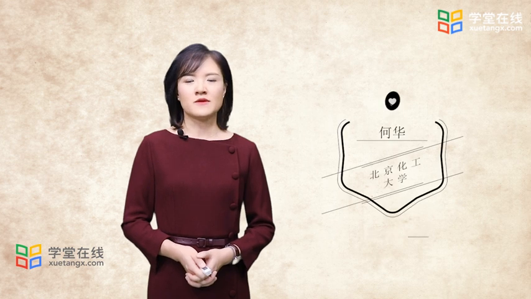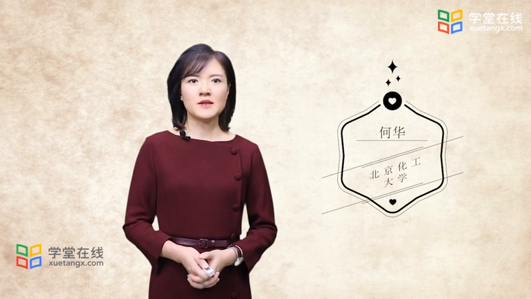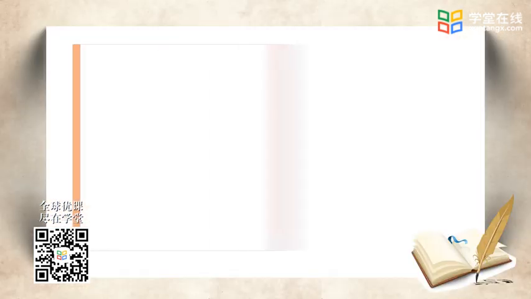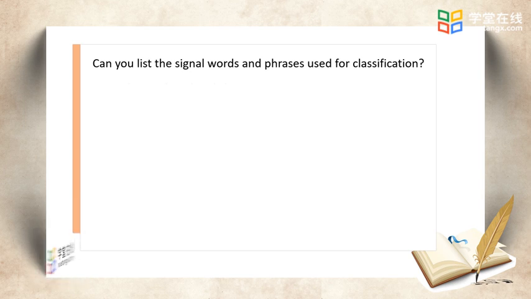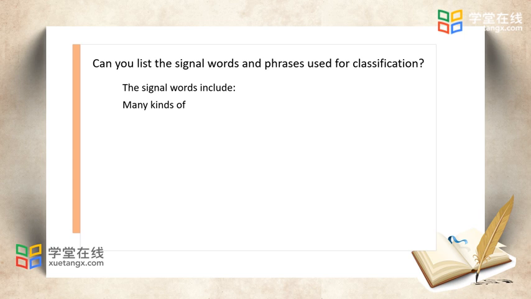After analyzing the above 3 examples, I believe you have a better overview of how to write a paragraph using the method of classification. Now, can you list the signal words and phrases used for classification? Yes, you might say the signal words include many kinds of,